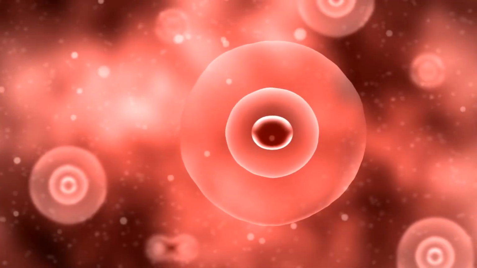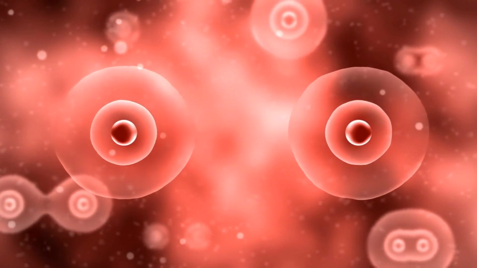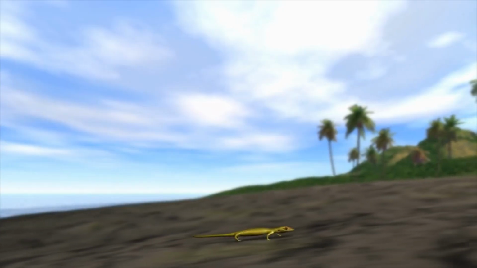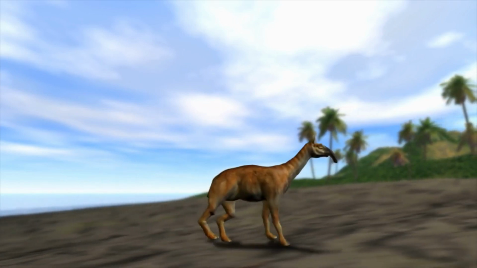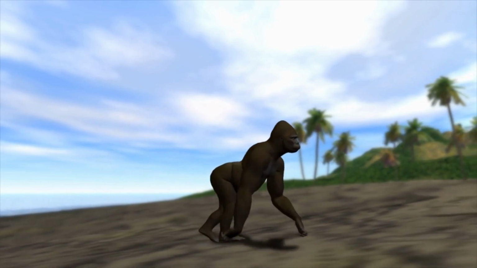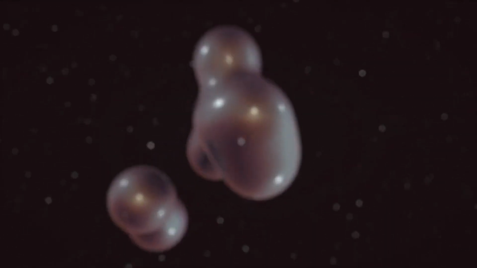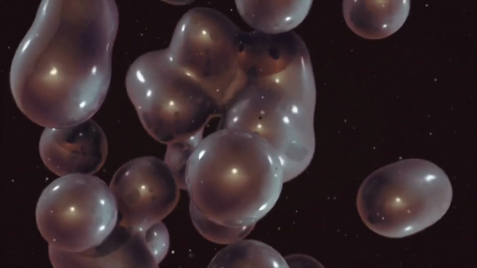Conclusion. Cell division, whether through mitosis or meiosis, showcases the intricate machinery that perpetuates life's continuity. The seamless coordination of events ensures the faithful replication and distribution of genetic material, allowing organisms to grow, develop, and reproduce. Understanding the stages and significance of cell division not only deepens our appreciation for the complexity of life but